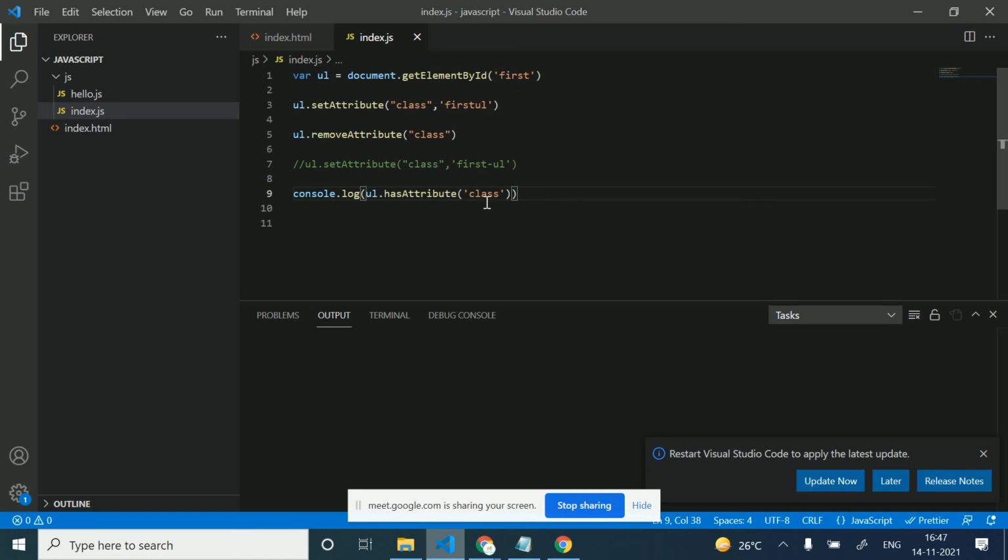I want to add the style by setAttribute.